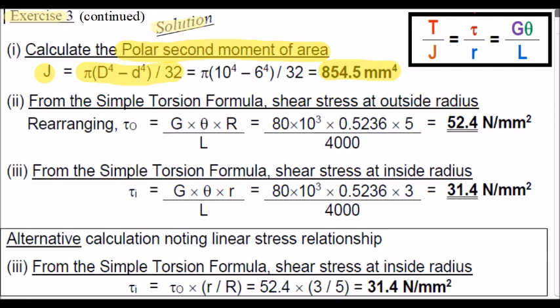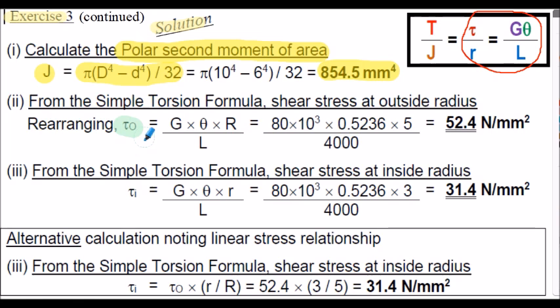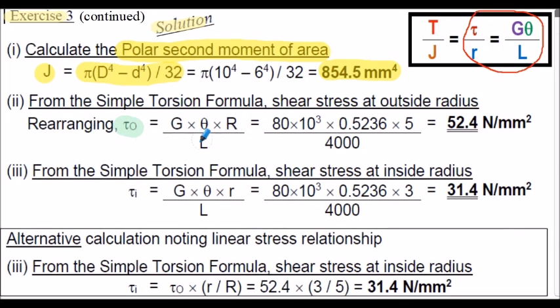And then using these two parts of the simple torsion formula, I'll rearrange for shear stress, and I'll first of all calculate the outside shear stress, labelled as tau O. Transposition here, multiplying both sides by little r, so that's G multiplied by theta multiplied by the outside radius R divided by length L. Inserting the values, the outside shear stress is 52.4 newtons per millimeter squared,